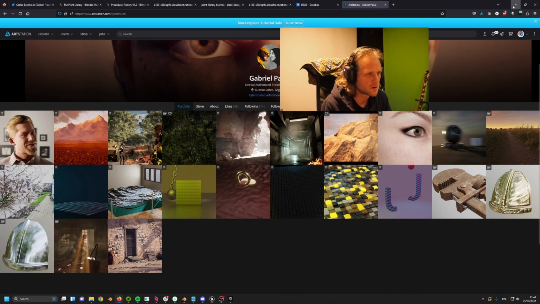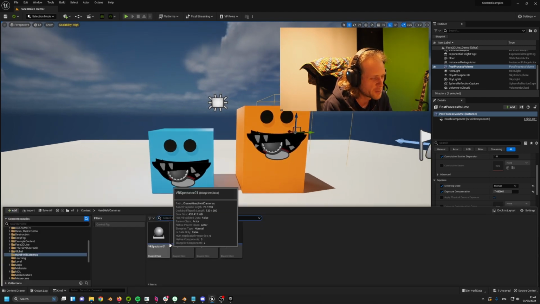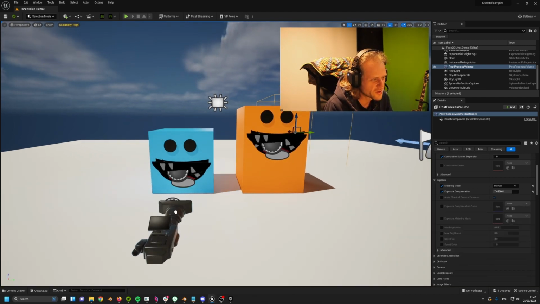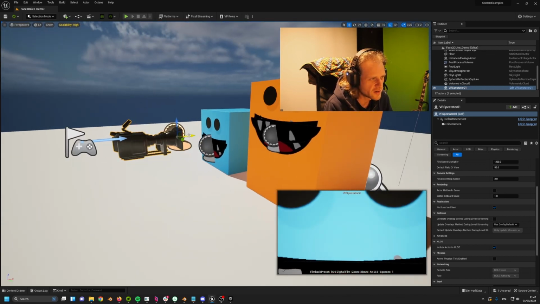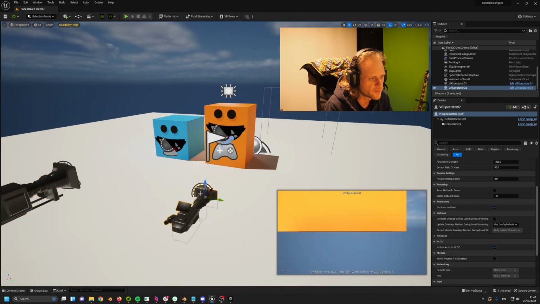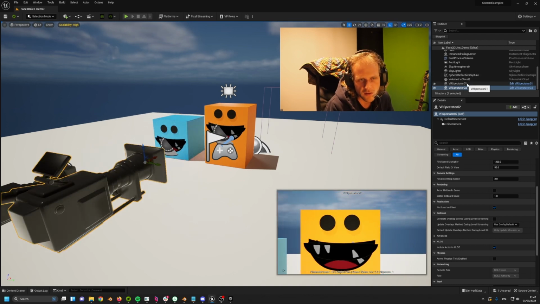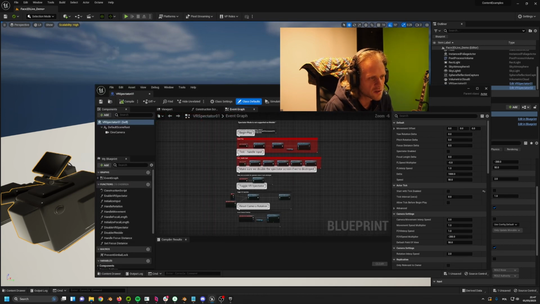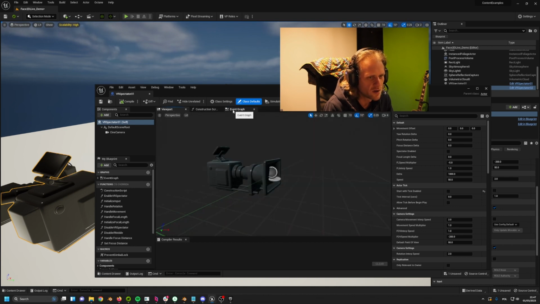So here's the deal. I'm guessing you know what I'm going to try to do: combine these two. Now it's super easy to use this. It's essentially a blueprint that you can drag into the scene, and it's a camera. I'll position one camera here, and I'll take a second camera and place it over here. I think this is based on the VR Spectator blueprint system. So Gabriel was kind enough to work through this and make it work with a cine camera and have all the amazing